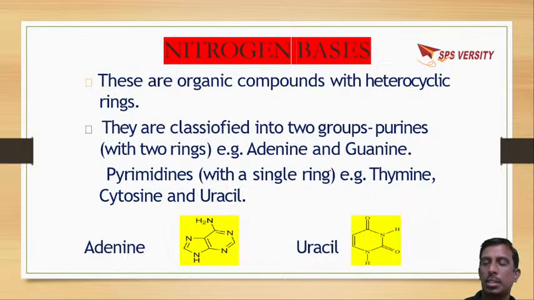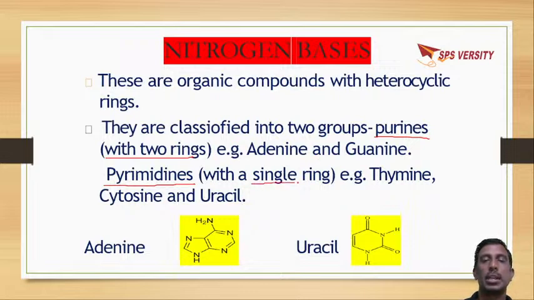Based on these rings, there are 2 types, that is purines and pyrimidines. Purines में 2 rings रहता, pyrimidines में single ring रहता. You are seeing the picture, adenine, इसमें देख सकते, 2 rings,